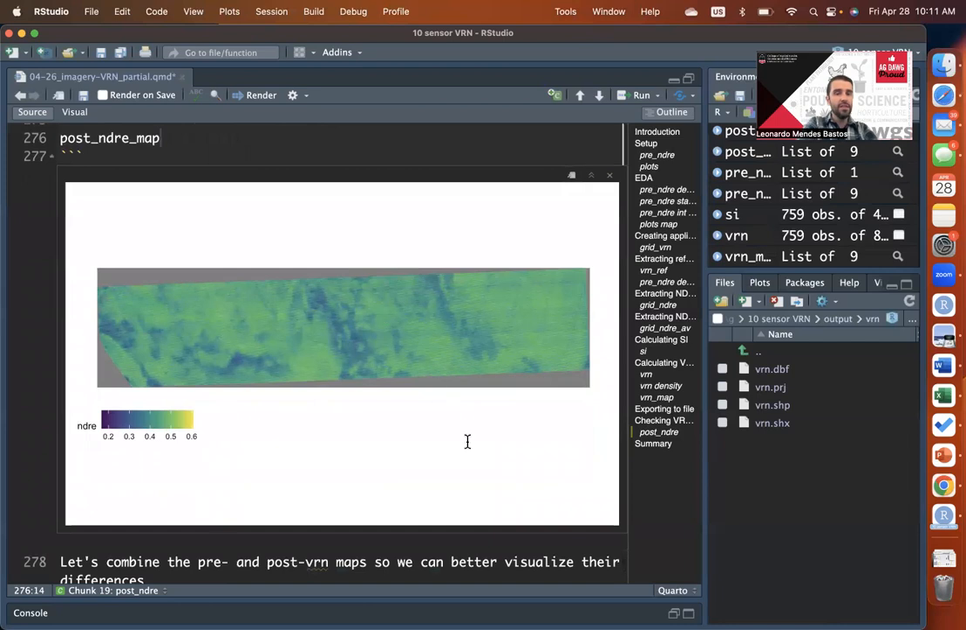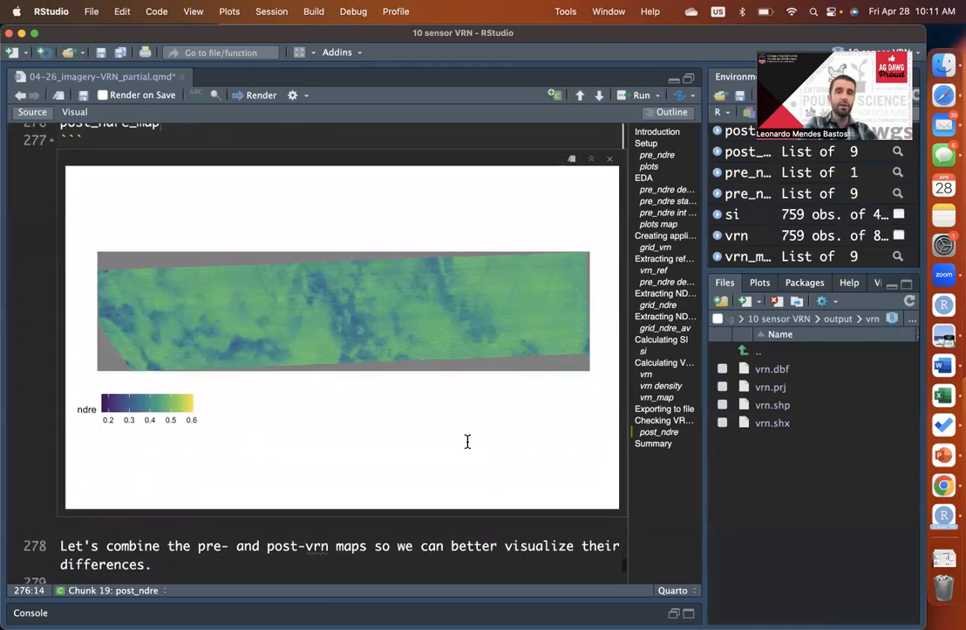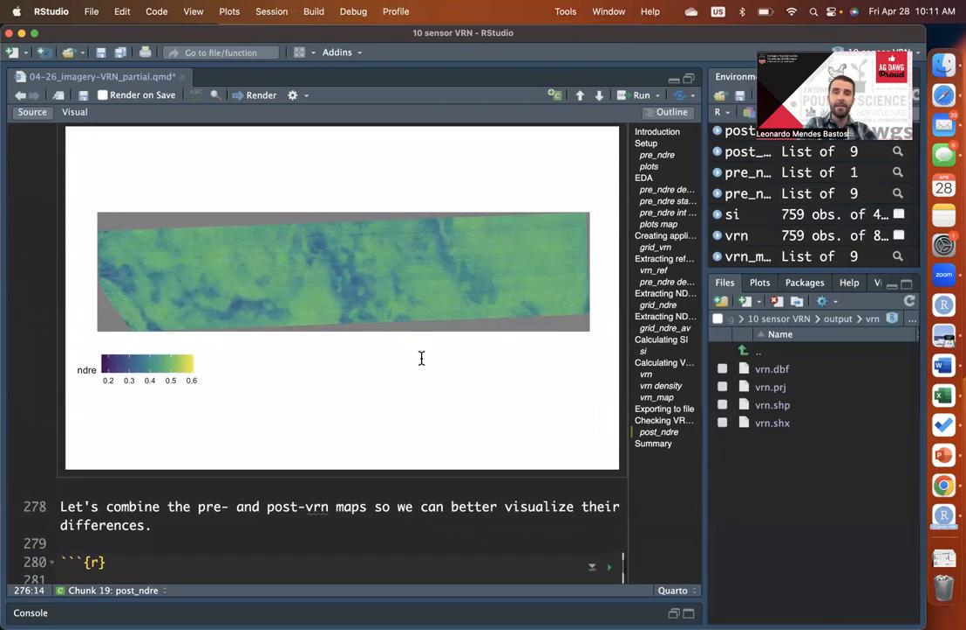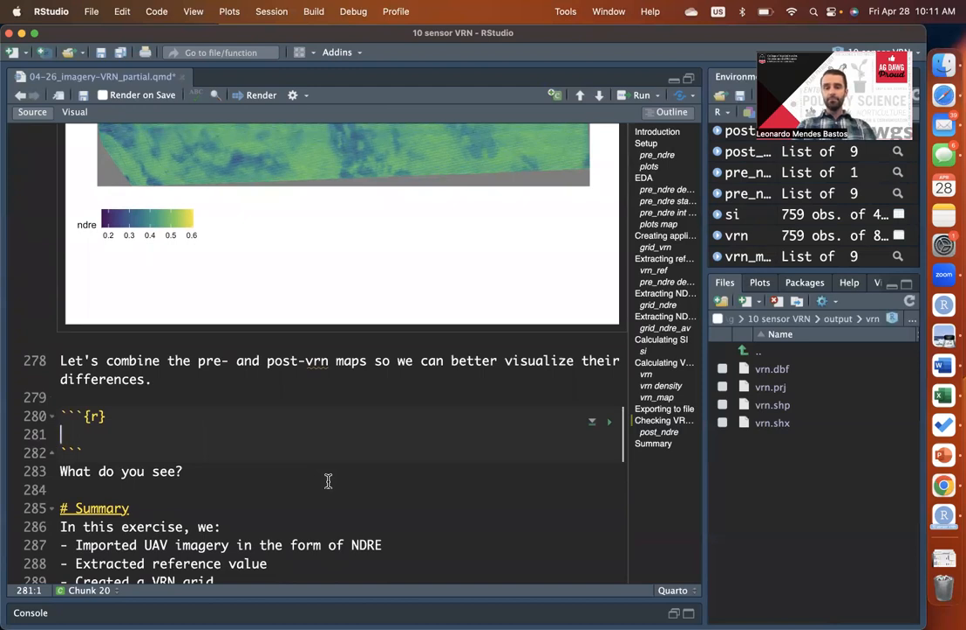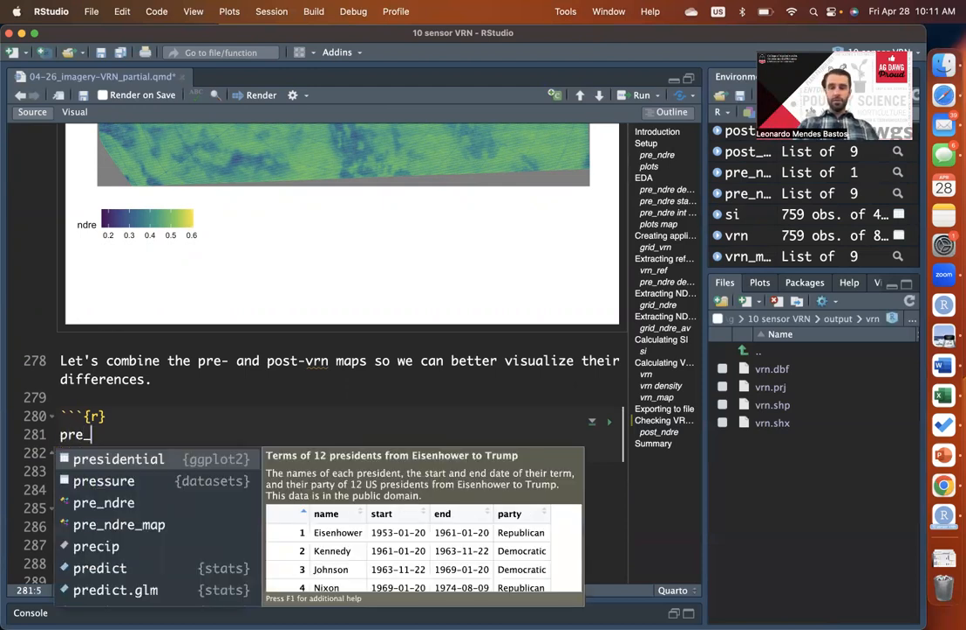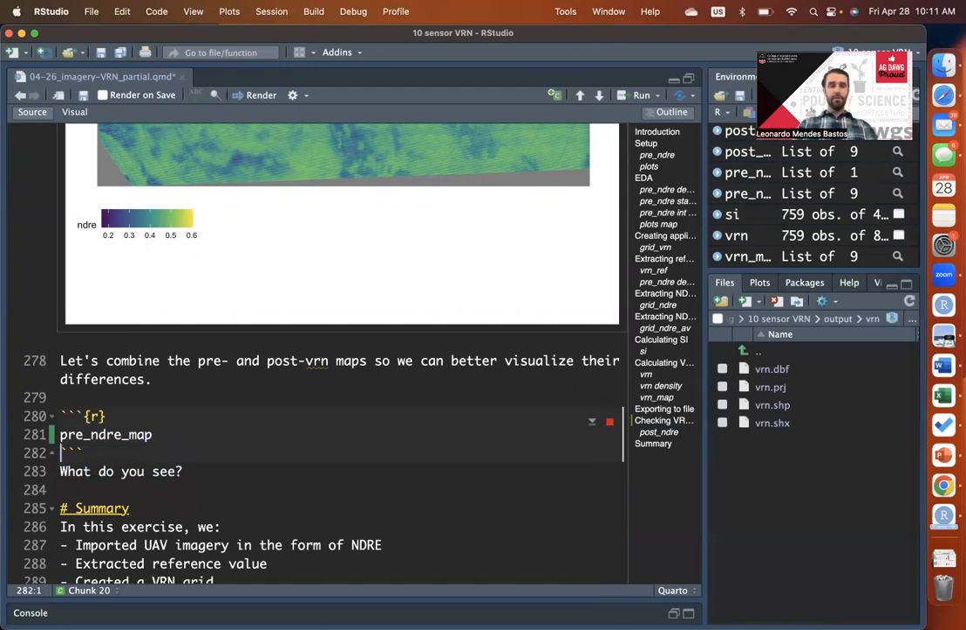Even though this by itself is very interesting, I do want to combine the imagery that we had before application and this one that was after application side by side, just so we can compare them in the same plot. So to do that, we're going to call the pre-variable rate NDRE map that we already created above, and we saved that on an object called pre_NDRE_map. So if we just print that,